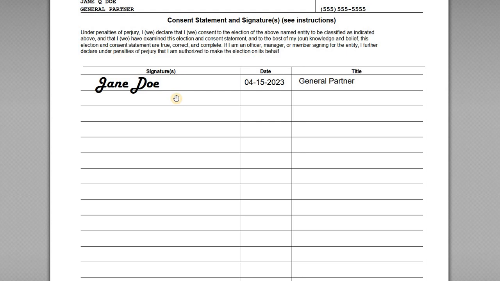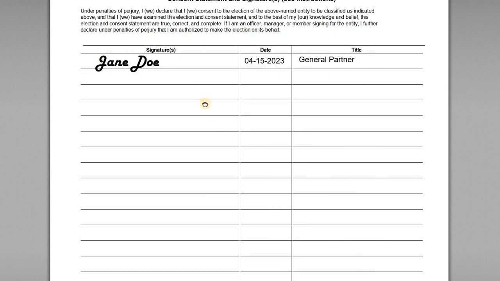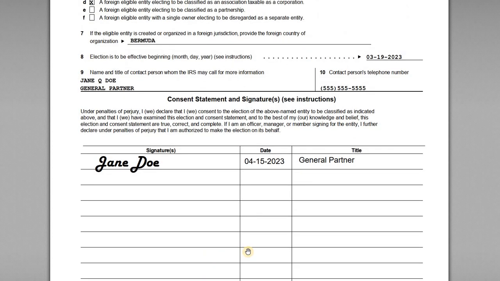You have a limited partnership, the GP or the general partner is authorized to make all these decisions on behalf of the limited partnership. So the limited partners, they're just passive investors, right? They invest their capital, but all of those decisions, including ones like this, are made by that GP. Okay, so Jane would complete this, sign it, date it, and then go ahead and mail it to the appropriate